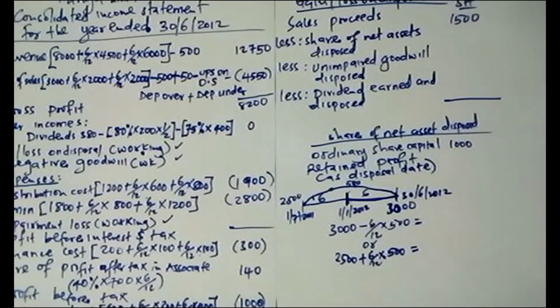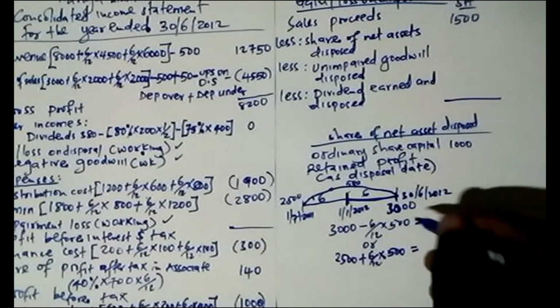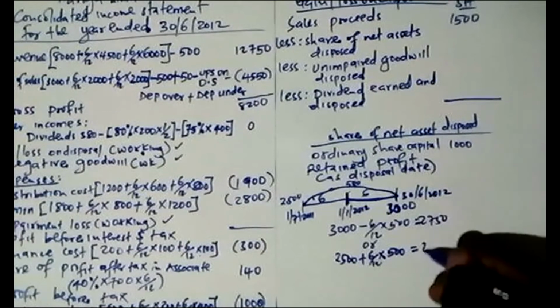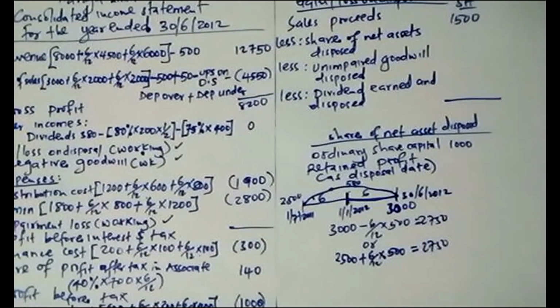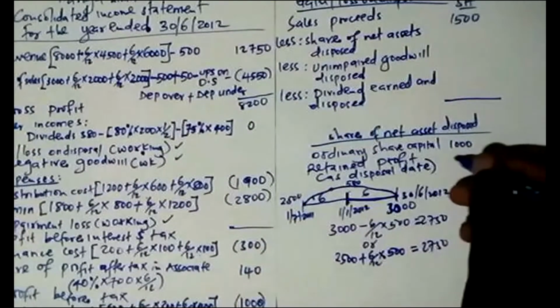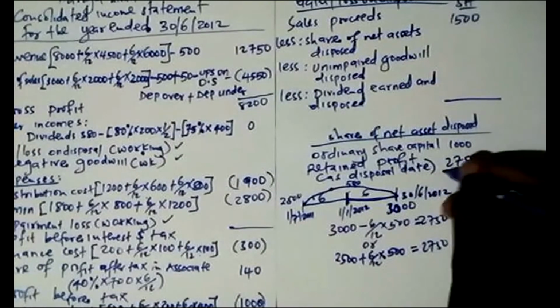So that is 2,500 plus 250, which will be 2,750. So the total here is